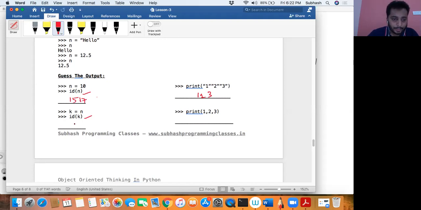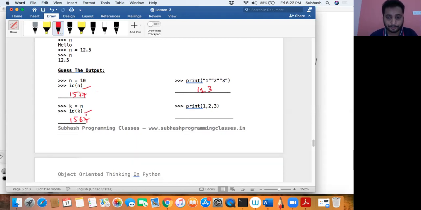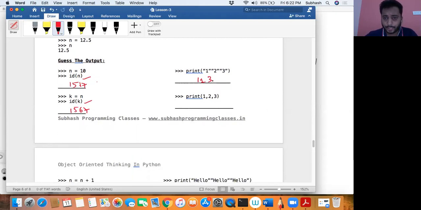And k is equal to n, so even this will be the same, 1567, because n is equal to 10 and k is equal to n, so both will be referring to the same memory location. In this case there won't be a space because it is not separated by commas. In this case there would be a space, 1 2 3, because it is separated by commas. So you can try this out.